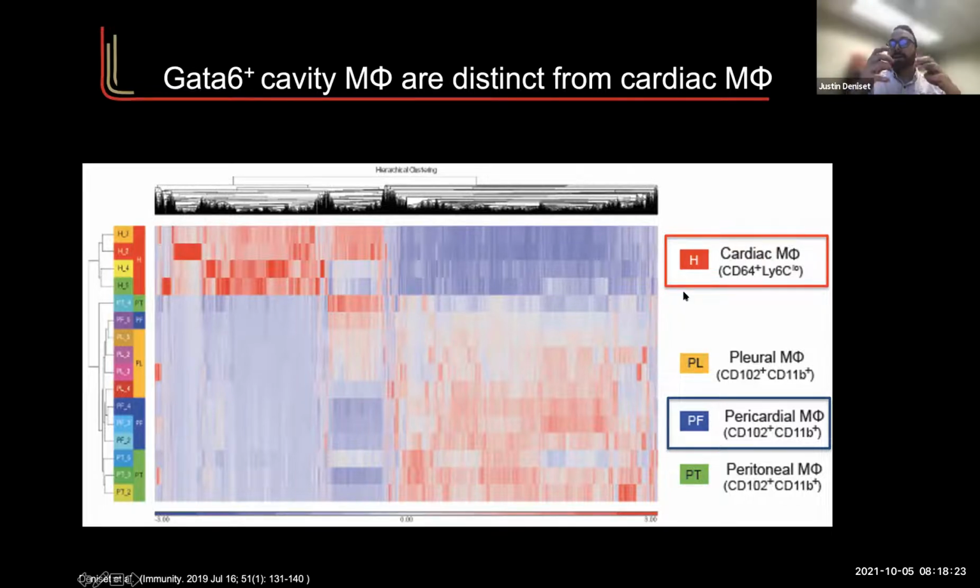So this would tell you that their phenotype is dramatically different. So even those cells that are basically sitting right beside each other in different compartments have a completely different expression profile, which would indicate they probably have different roles. So this is all fine that we show this in the mouse, but does it have any relevance to the